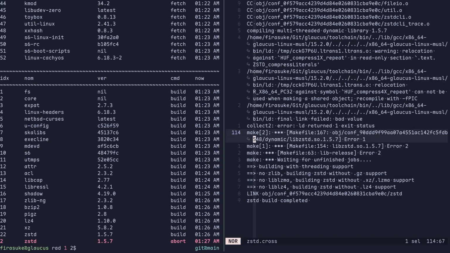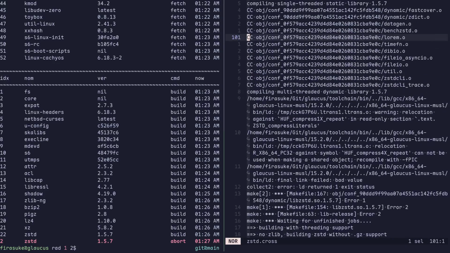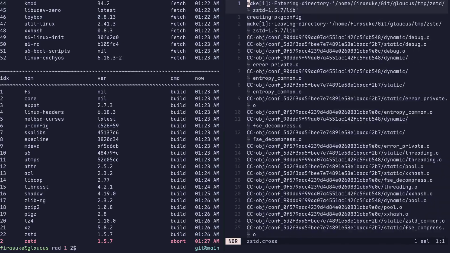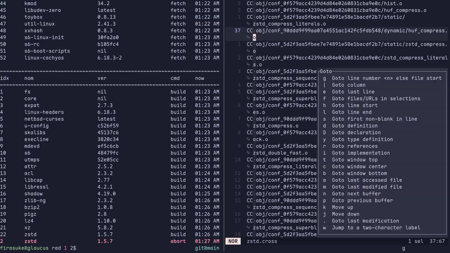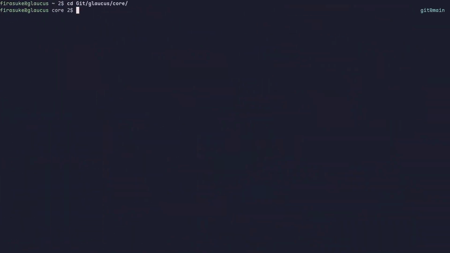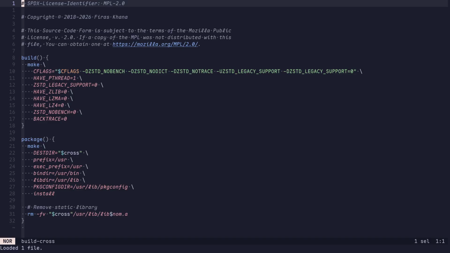Yeah, so we're getting a simple error. If you recall the error that we actually got when we were building GCC, we got a similar error, I think. So we were using the make build system for ZSTD, and this was the cross build. Now,